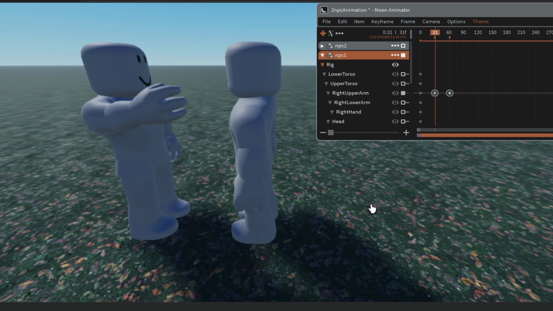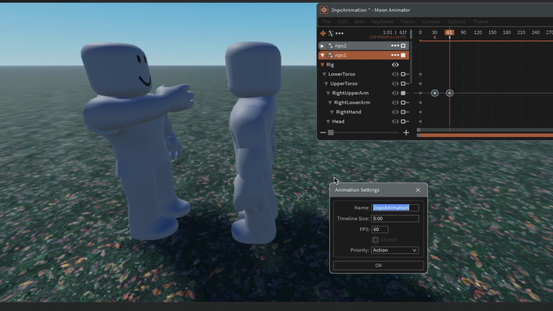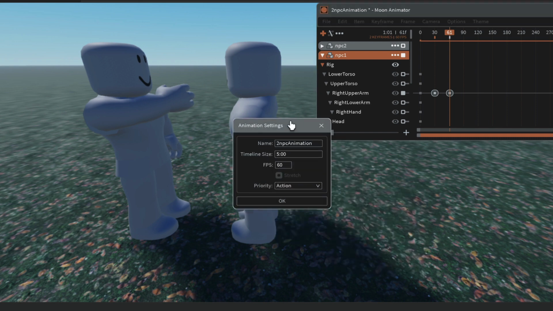Okay, so at the moment he's bringing his hand up quite quickly, but then very slowly swiping across. Now that's got to do with how much distance there is between this keyframe and this keyframe. So at the moment our animation is 300 frames long, which is about 5 seconds. Now to look at your settings for your animation, hit 8 on your keyboard and it will bring up this